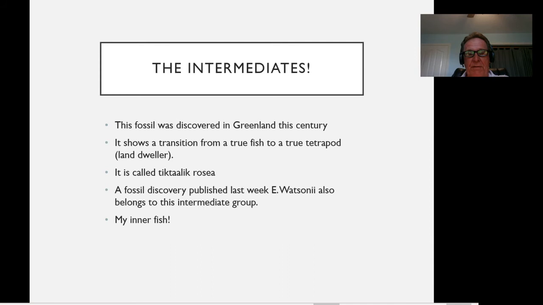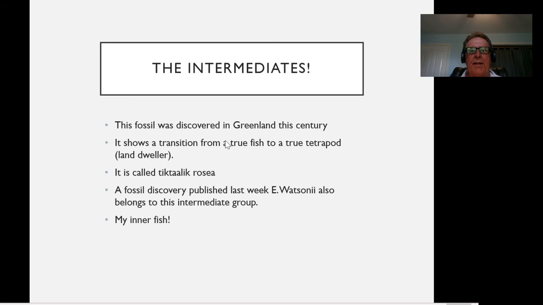We know these lobe-finned fishes. They've been in the fossil record. We've known about them for a long time. They don't have legs. They have fins. They have fins that look like legs. They're long. They're different than a lot of other fish. But we don't have this transition from true fish to true tetrapods. And we want to see the evolution of the lobe-finned fish to the first hind feet and forefeet.